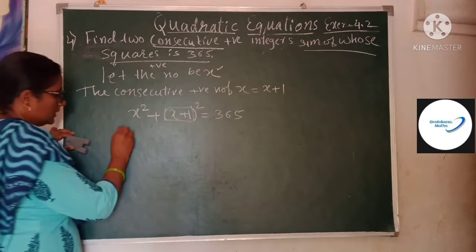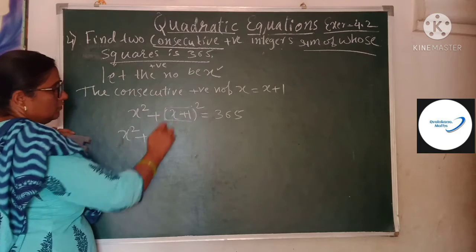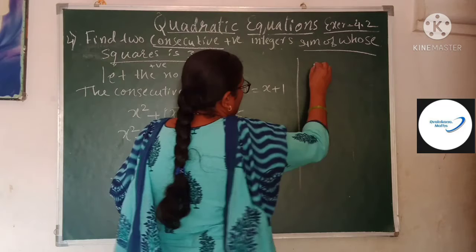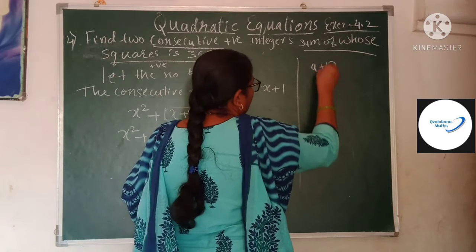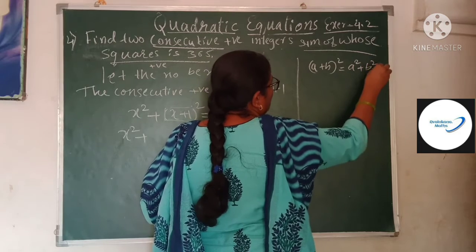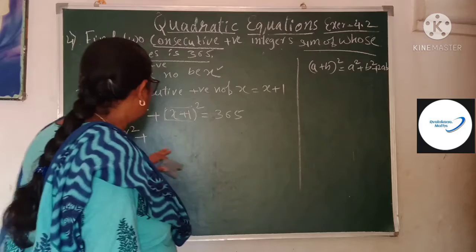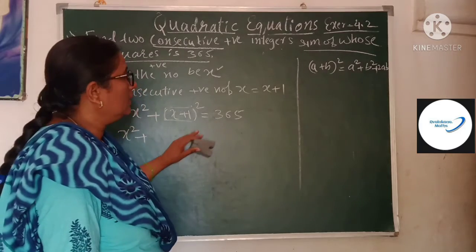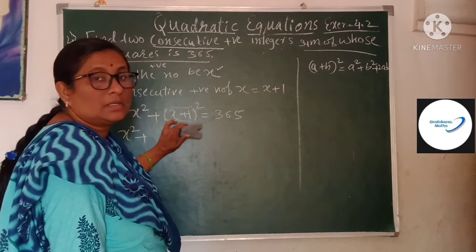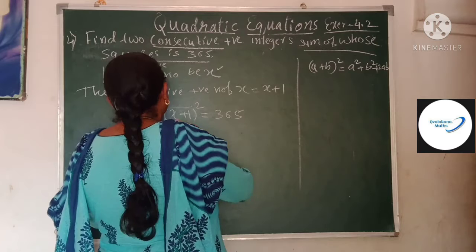Okay, now this x square plus, it is in the form of a plus b whole square. Yes, it is a plus b. Write this better: a plus b bracket square is equal to a square plus b square plus 2ab. See children, even if you are perfect in the steps, you need to write all the concepts based on which you are solving. You have to mention them on the right side of your answer sheet.